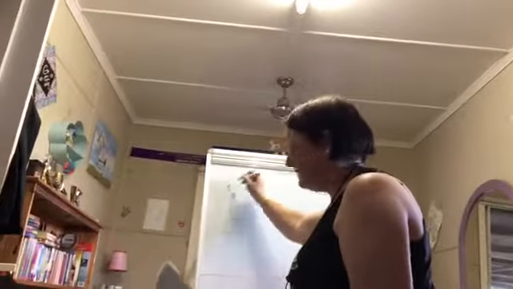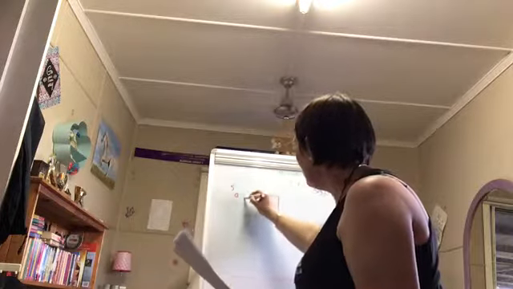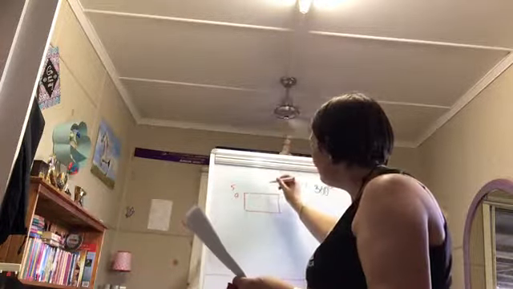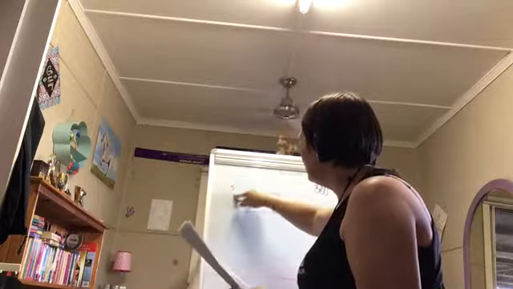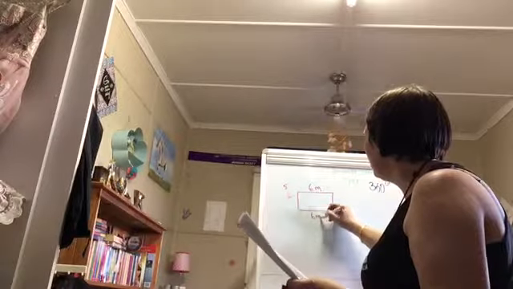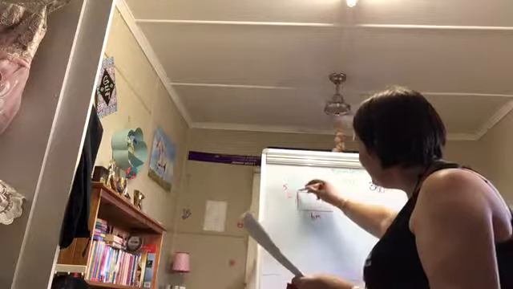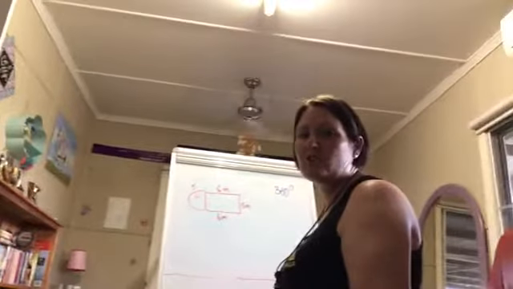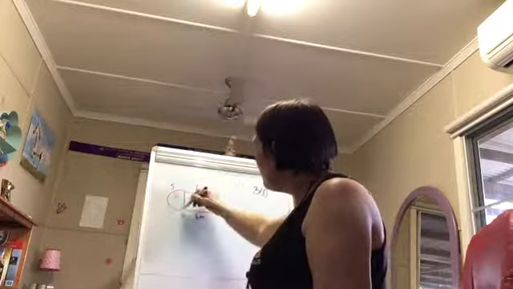So 5A. Alright, so we have a rectangle, and I know it's a rectangle because the sides are equal. Okay, this is 6 meters, and this one is 6 meters, and this one is 5 meters. All right, and then there is a half a circle on the end. That's why it's a compound shape, rectangle and half a circle, a semicircle, if you will. All right, what I know then,